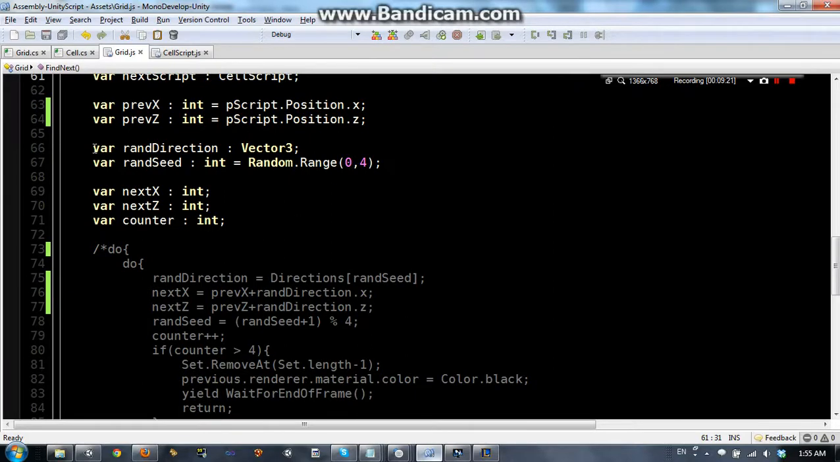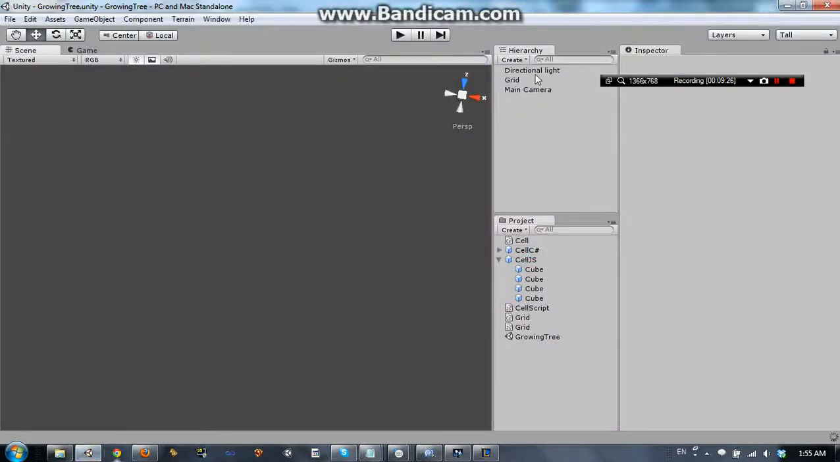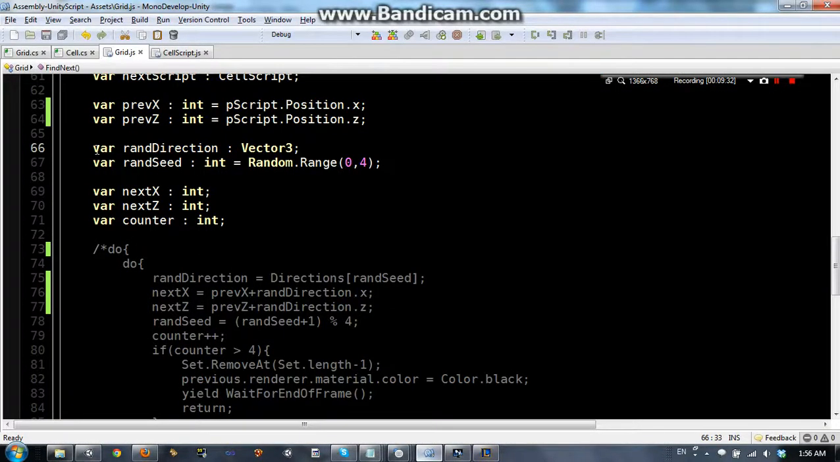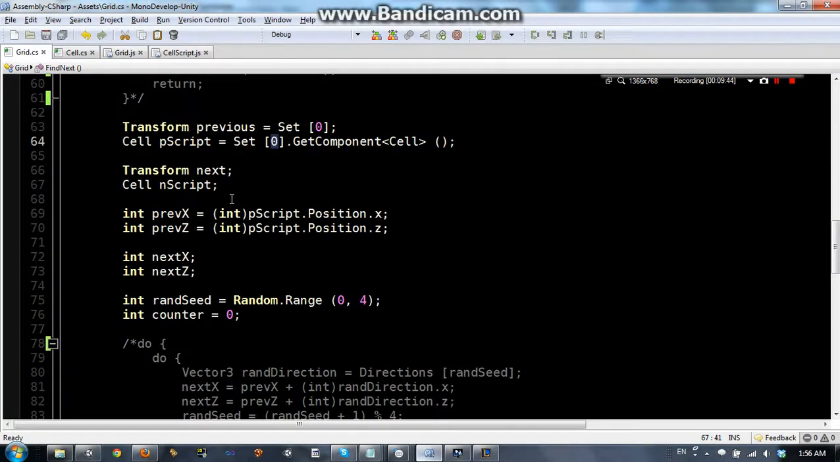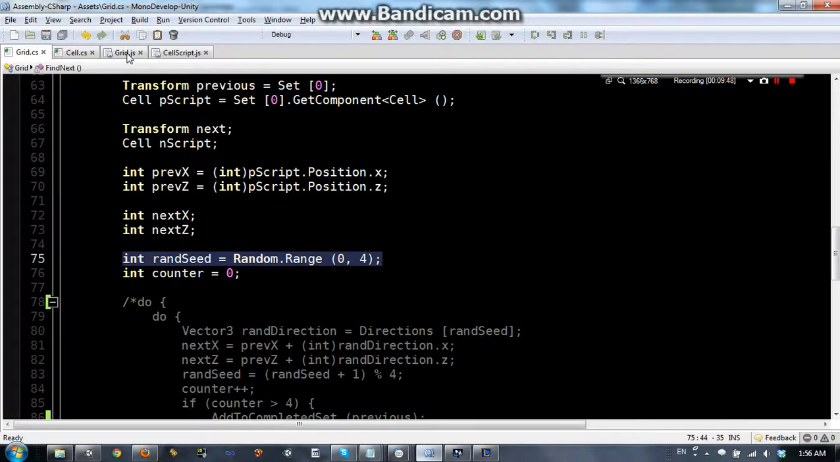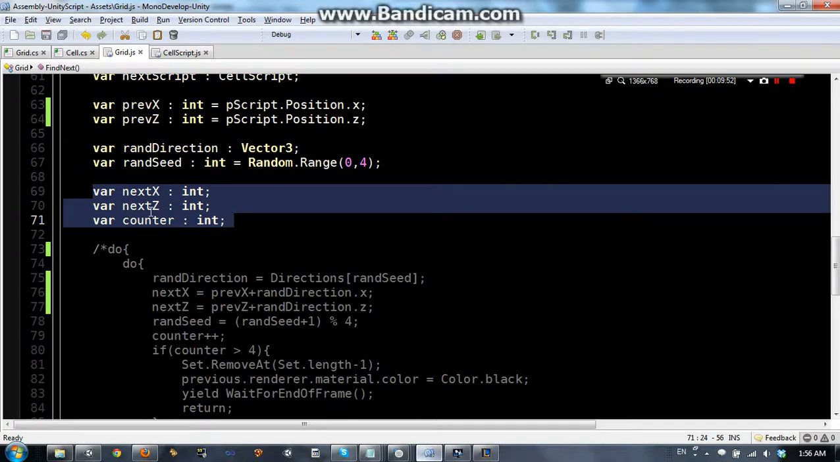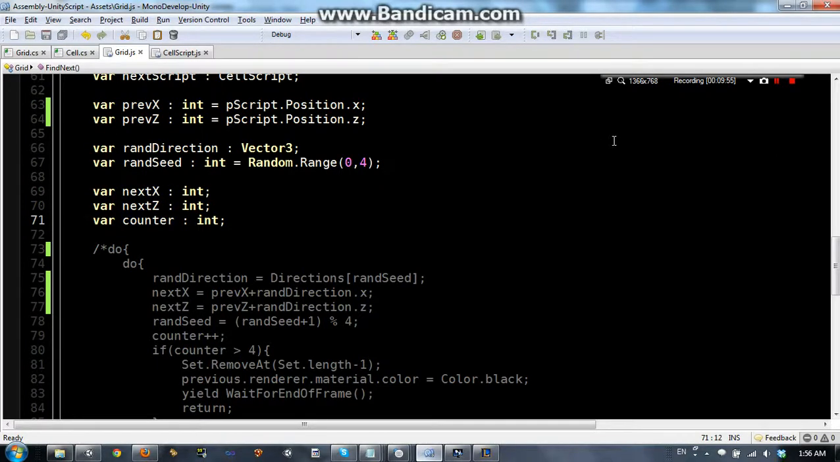We also have a random direction. This is vector 3. We're going to choose one of those ones that we have right here, one of these 4 directions, and we're going to store it in this variable called random direction. We also have a variable that's an integer called random seed, and it's going to be Random.Range 0 through 4. So it's going to give us either 0, 1, 2, or 3. We have it right here also. And then we have these other 3 variables as integers, next x, next z, and counter. Okay, I'm running out of time, so that's it for right now. Go ahead and make these